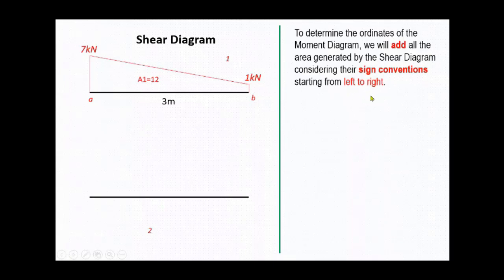So in the moment diagram, as you can see in the lower portion, you have the line AB. At A, you have the moment at A, which is MA, which is equal to